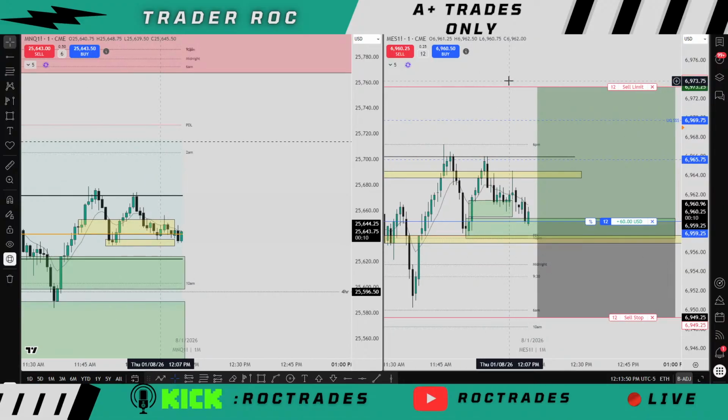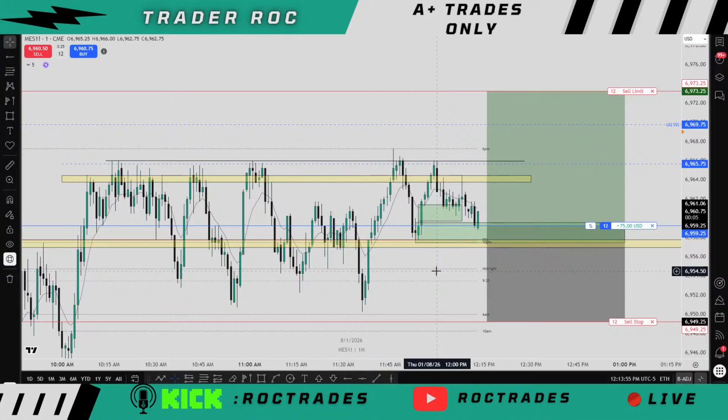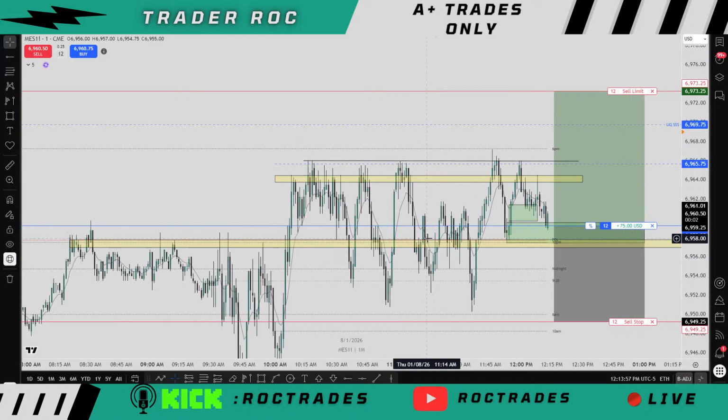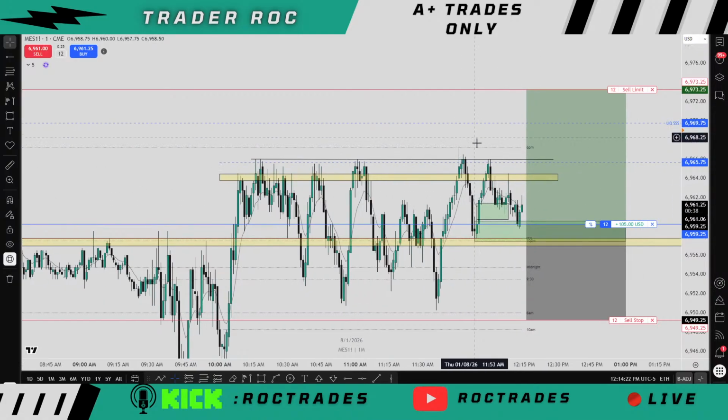I'll just cut it and come back another day because I've given this setup more than enough time to show some strength. But every time we took out some sort of internal high, you saw a run back to the lows. We take out this high here, and now we're running back, push up, and now we find support here. So I need to see this show another high. Price fails to make another high here, I'm gonna cut it